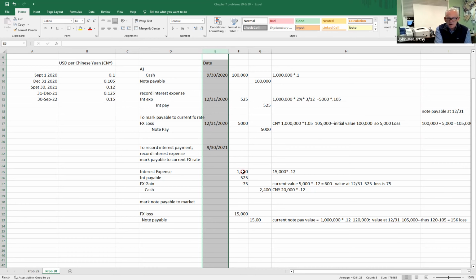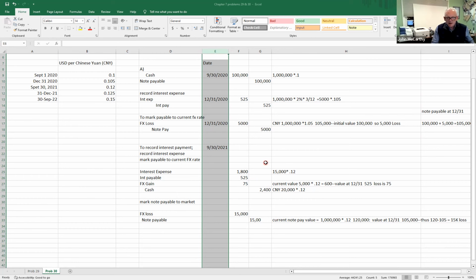So on the interest expense, well, we know it's 5,000 for a quarter, $1 million times 0.2 times 3/12. But now it's 9 months. So it's going to be 3 times 3 months. So that's 15,000. So this would be effectively $1 million times 2% times 9/12. That's the 15,000. And then the exchange rate at September 30 is 0.12. Okay. So that's our interest expense, 1,800